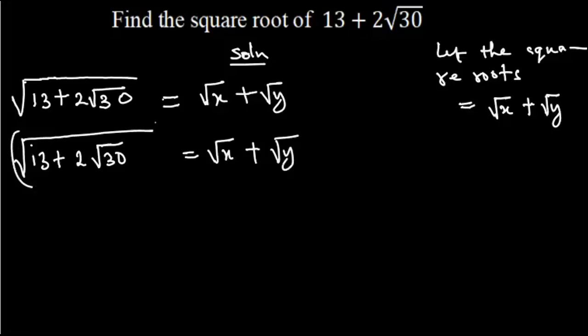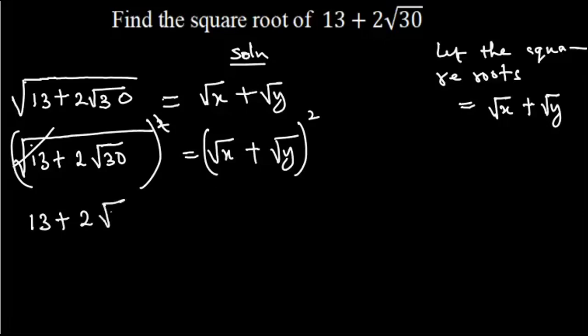So let's take the square on both sides. The square cancels the square root, and we have 13 plus 2 root 30